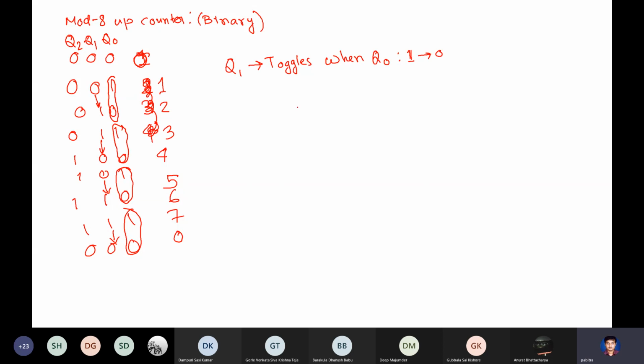That means if Q1 was a toggle flip-flop and you have a clock on the falling edge of the clock, if we added Q0, then this would be satisfied. That means when Q0 goes from 1, you know what a toggle flip-flop does? So this is a toggle flip-flop. So what a toggle flip-flop does is